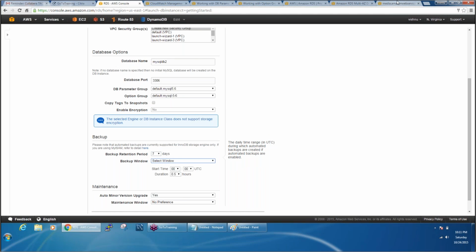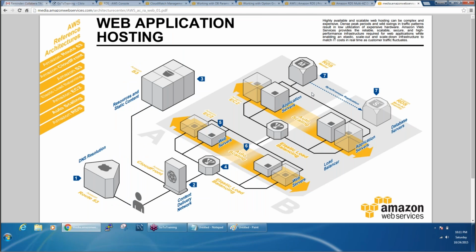What's going to happen is your primary database will be here. Backup will happen on the secondary database, so your primary database is not touched. So the performance drop will be very low, very, very less. In fact, it will be negligible. So if you're going for a multi-AZ deployment,